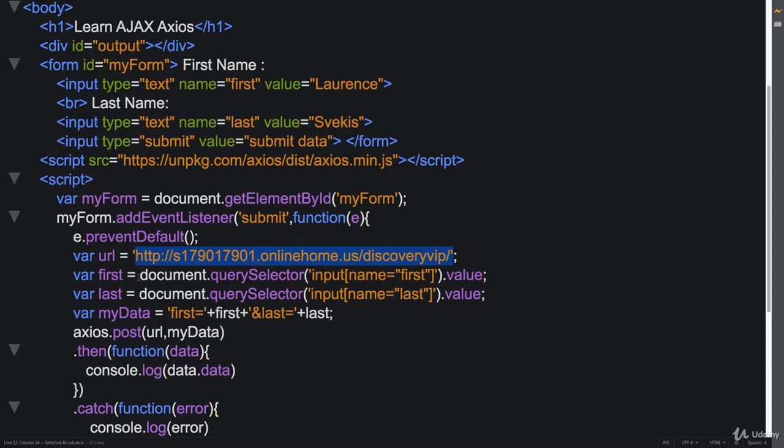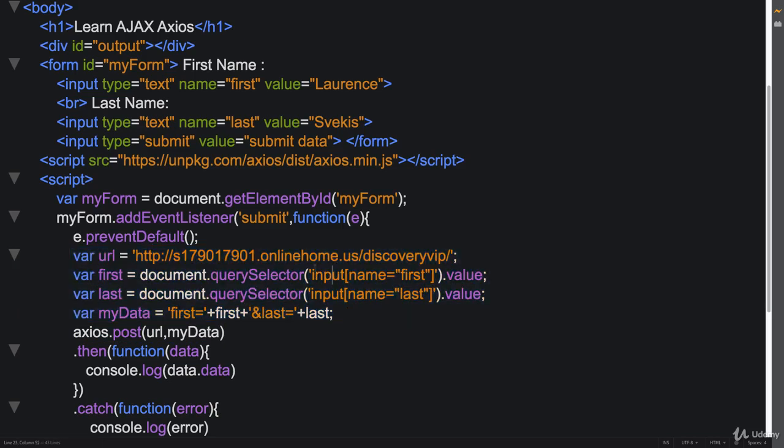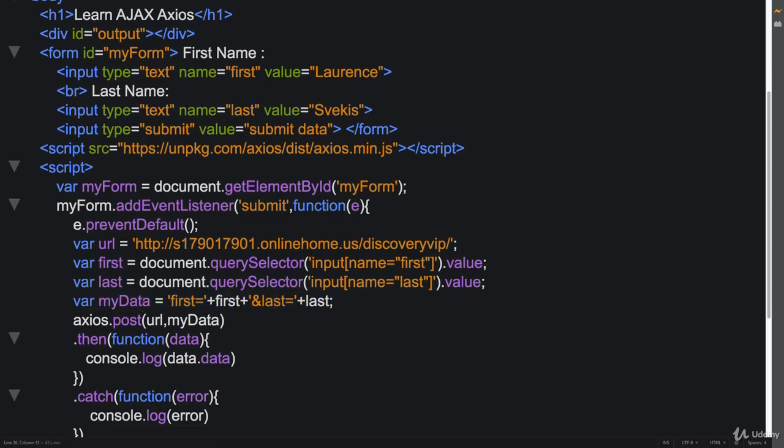The next thing that we did, again all plain JavaScript, was grab the element values. We had to pick up the information from the input fields, whatever was posted there, and turn it into a variable. Then we built our data string in a form format. We use the name equals, and then the value, and tie it together with an ampersand, the name equals value. So we're able to pick up those values from the input forms